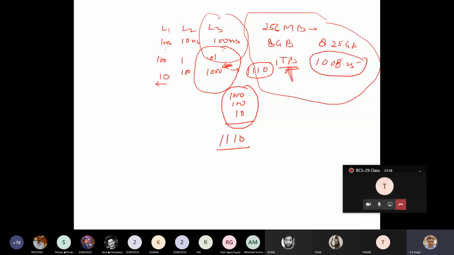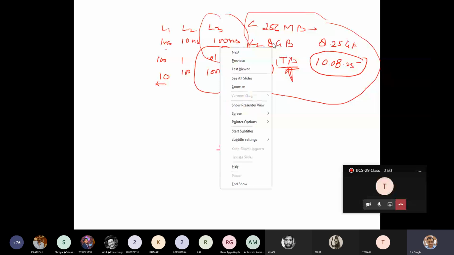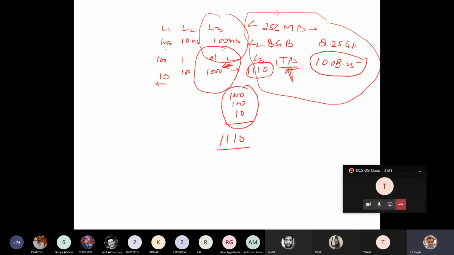And now we have to devise a method, because it is very slow. So what we do, suppose this is L1, this is L2, this is L3. Means at level 1 you have the simple cache, L2 cache, then you have your main memory, and then you have secondary memory, your hard disk. So we try to get the access speed of this because it is fastest.